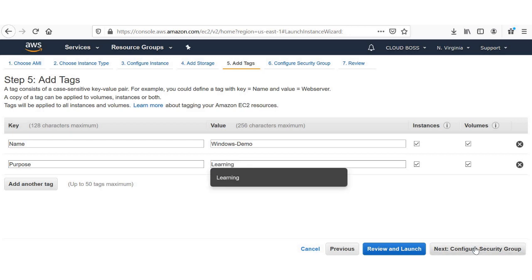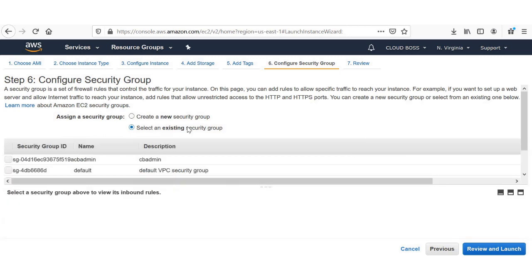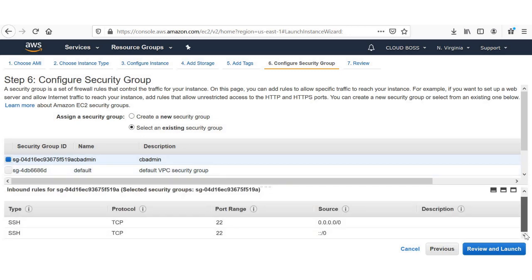Right, configure security group. We have already created security group, right? So it is asking for select existing security group, CB admin. It is showing 22 port, right?